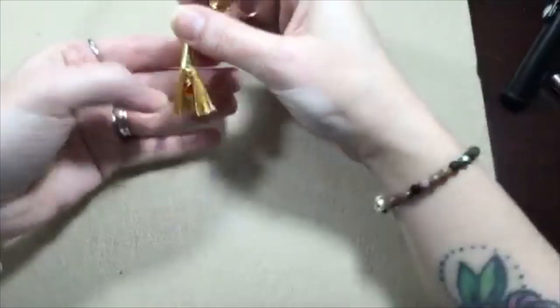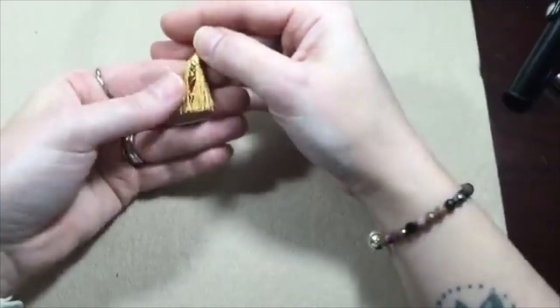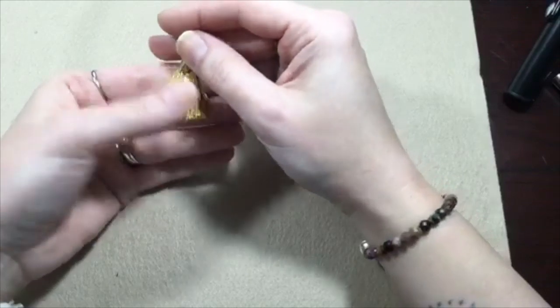One of the tassels that came in the pumpkin spice and everything nice, I got you now. I got you now. I was like, what are we talking about? All right, so